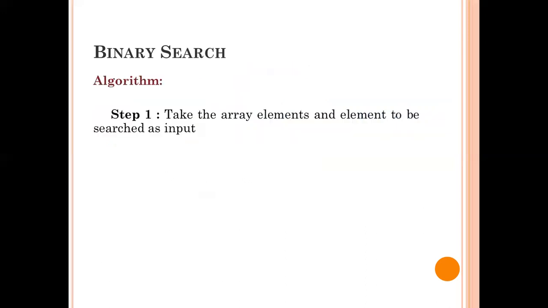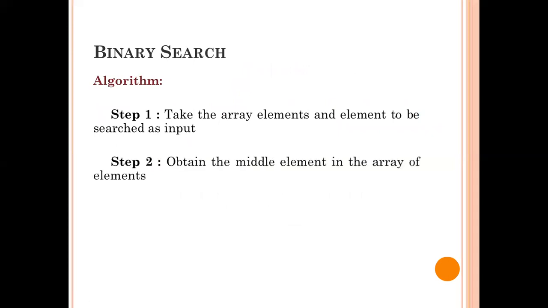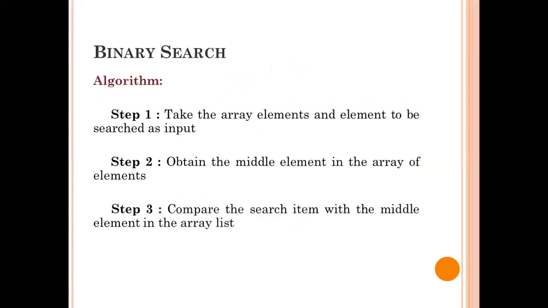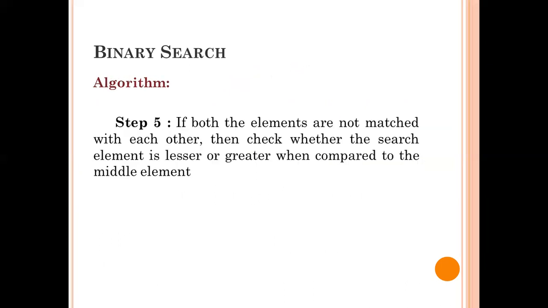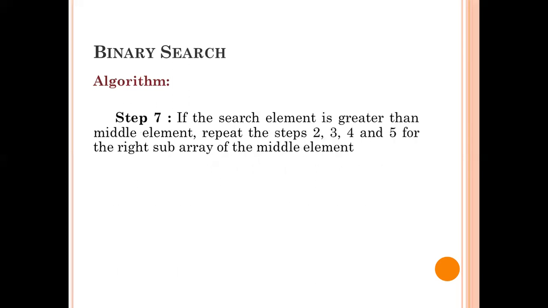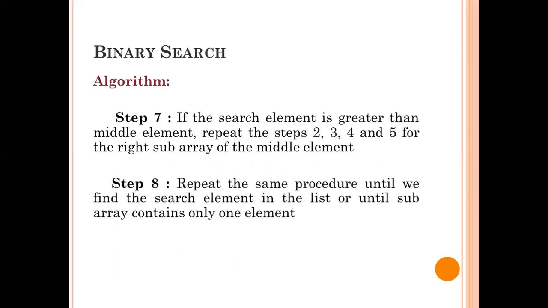Now the algorithm over here is, you're going to take the inputs, that is the array element as the input, and we are going to obtain the middle element, and we are going to compare the middle element with the element that we are searching for. And if it is equal, we return the position. But if it is not equal, we'll be checking whether the element you're searching for is greater or lesser, and we're going to repeat the same procedure again until the condition is met, that is, if the start index is greater than the end index, we'll stop the procedure. So until then it will be repeated. So this is how a binary search actually works.